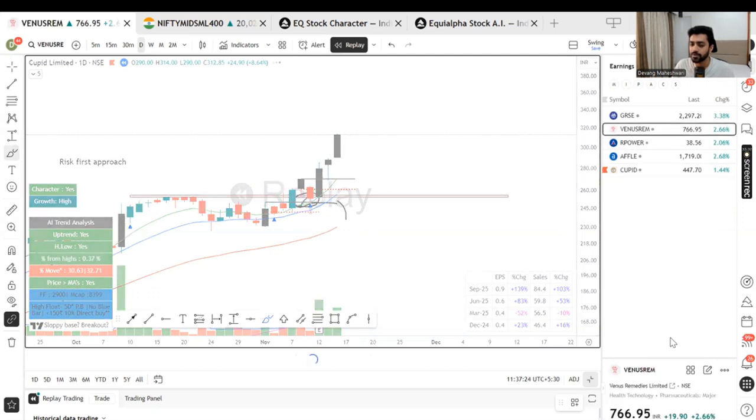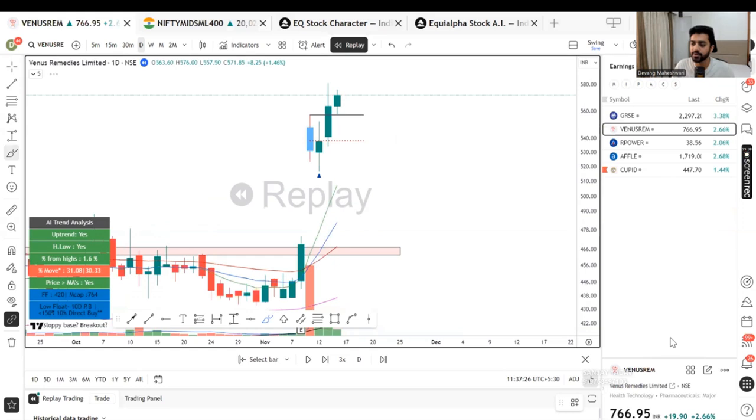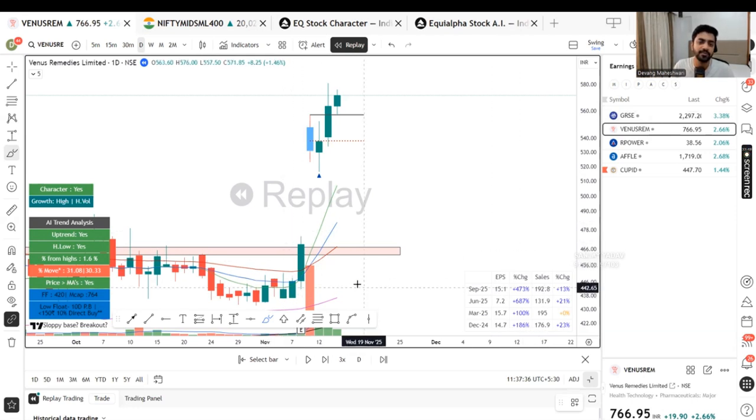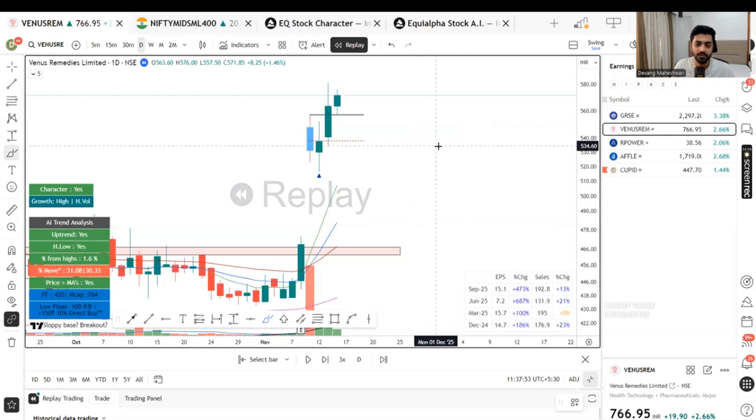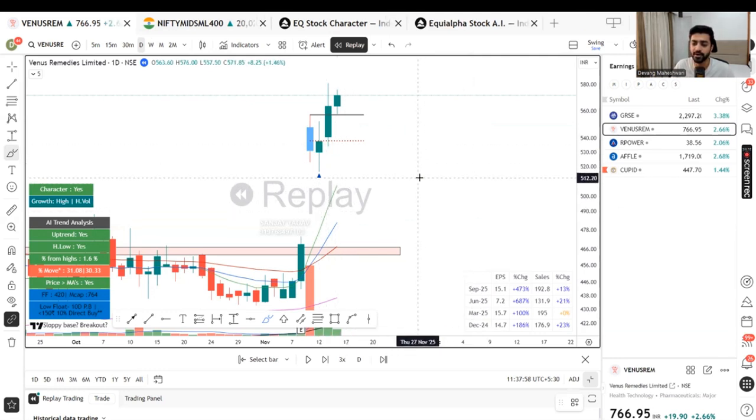One is Venus Remedies. Look at this. This was another result gap up. Yes, the next day of result, because sometimes on the result day it will be hugely up and the next day it can be hugely down also. So it can be done in 2 parts, or the next day you'll have to plan it, right? If it's just that day of result, you can plan in 2 ways. That's why I said in these 2 days you would have planned 50-50 or 20-80, that kind of thing.